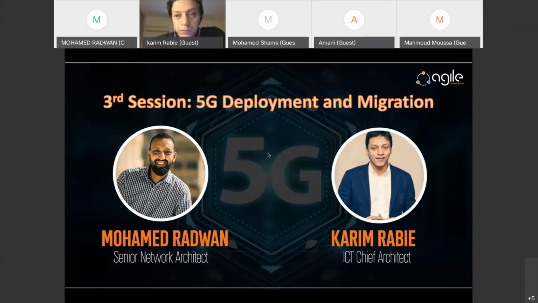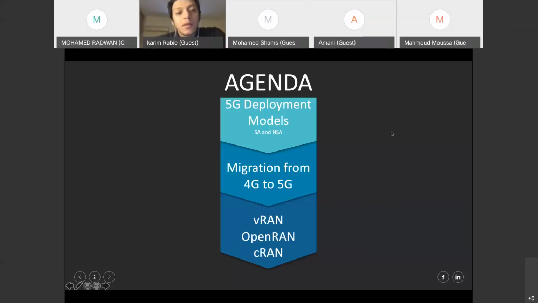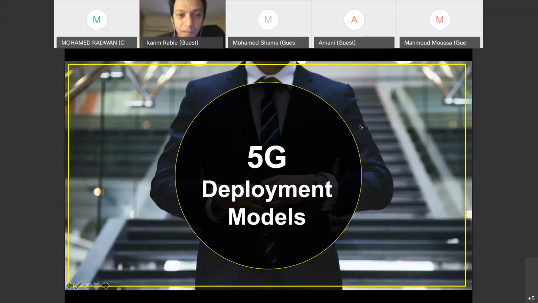Karim, there is nothing presented. We cannot see your screen. Still the first slide. Yeah. Now just move to the agenda. No, but this is not the slide, right? Let me, okay, if it happens again, let me change the connection, okay? So you see now the 5G deployment? Yes, the deployment model was still in the title. And you don't see the EPC 5G cover? Nothing.